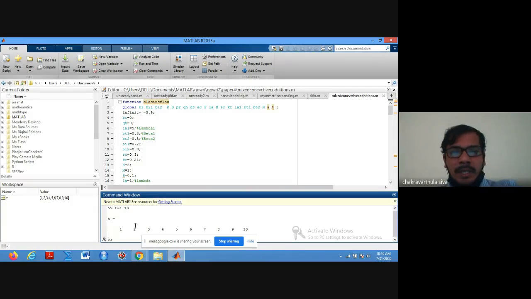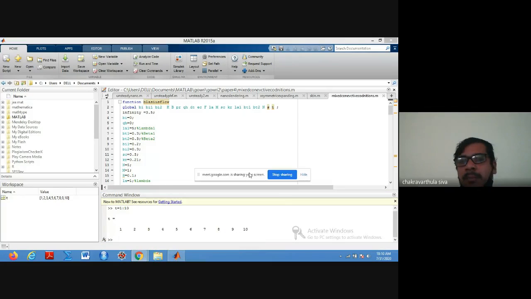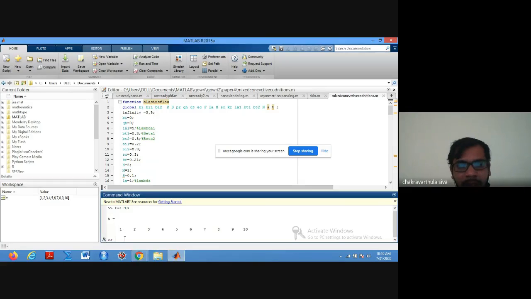So now see here, you are able to see the MATLAB screen, right? So here, what I'm trying to do is I'm going to generate some data. So t is equal to some value and s is equal to some values like 10 to 20. And now, see, I'm going to merge these two data.